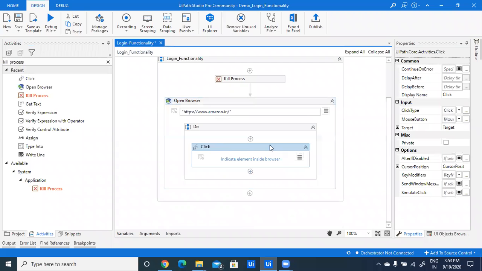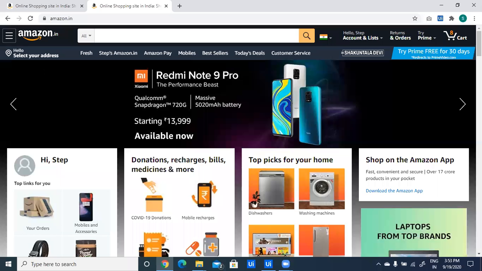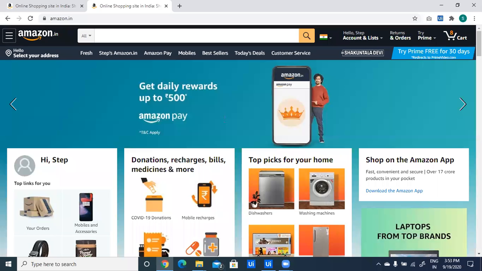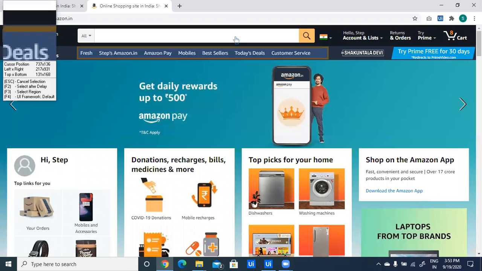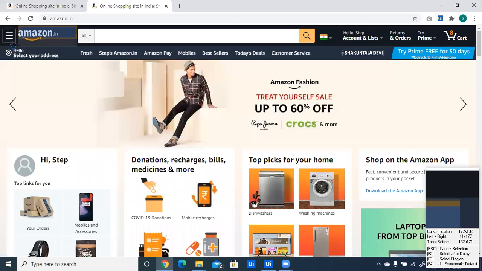So after dragging and drop click activity, just click on this 3 option and click on indicate on screen. After clicking on indicate on screen, it will show to highlight to indicate our elements. Just indicate this 3 lines toggle button and just select it. After selecting it,